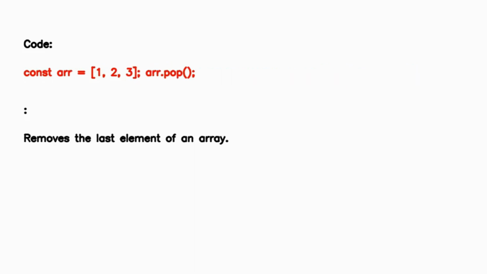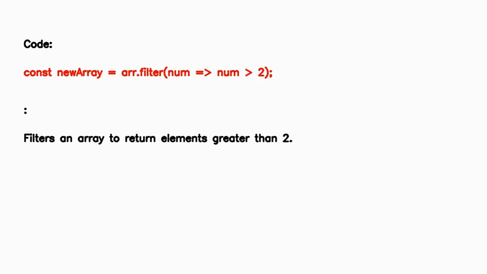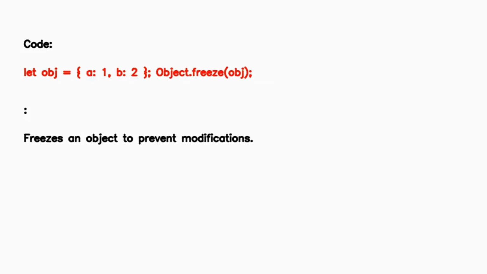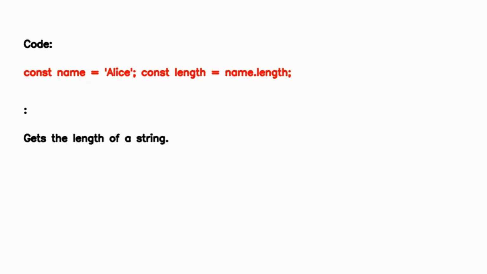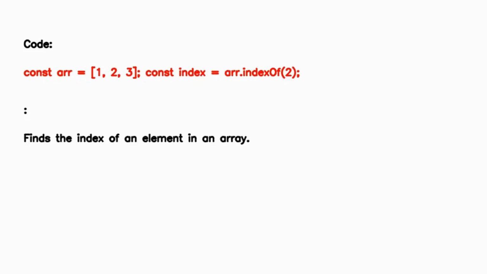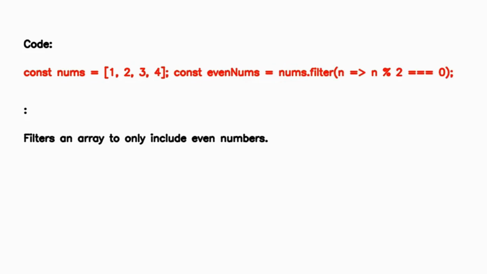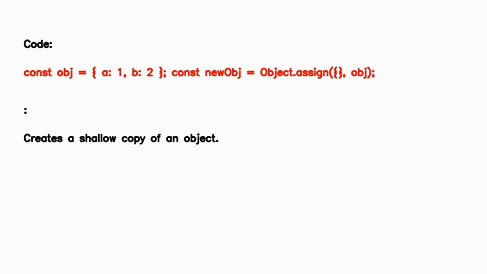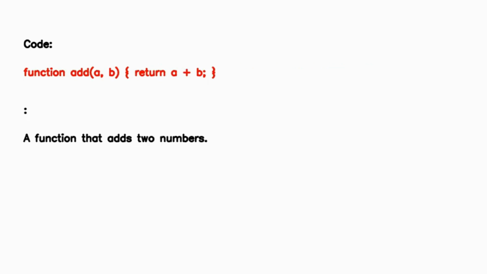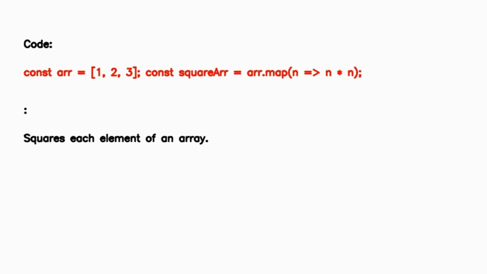last element of an array, filters an array to return elements greater than 2, freezes an object to prevent modifications, gets the length of a string, finds the index of an element in an array, filters an array to only include even numbers, creates a shallow copy of an object, a function that adds 2 numbers, squares each element of